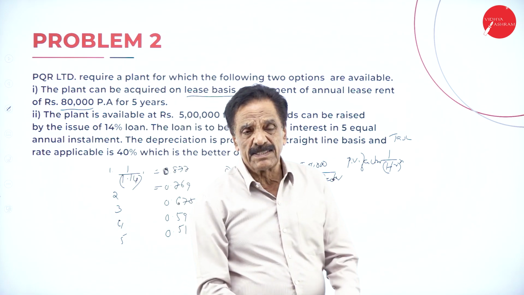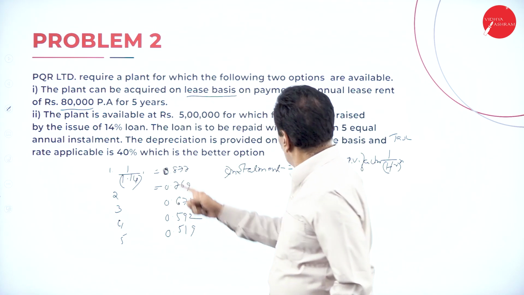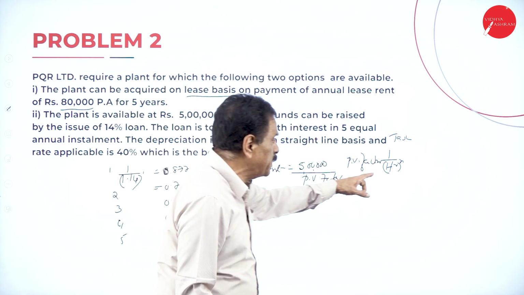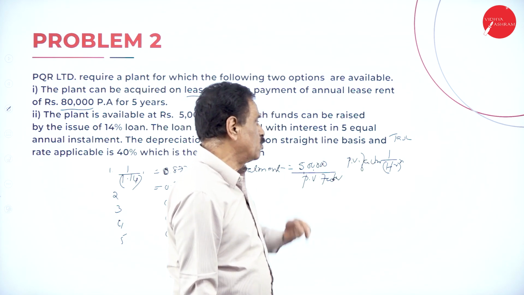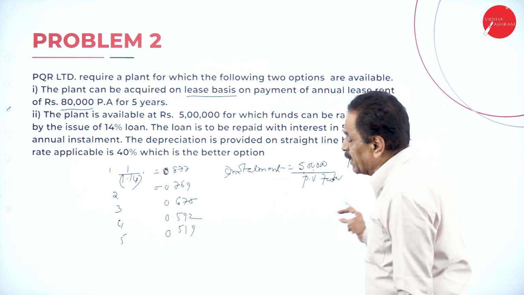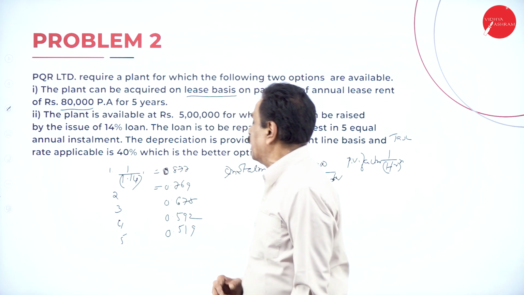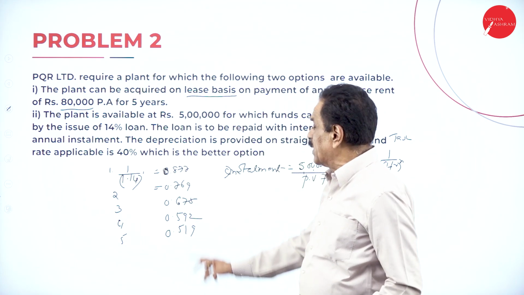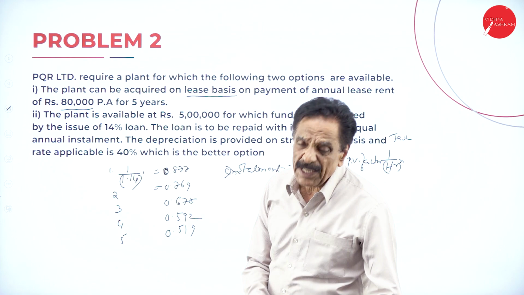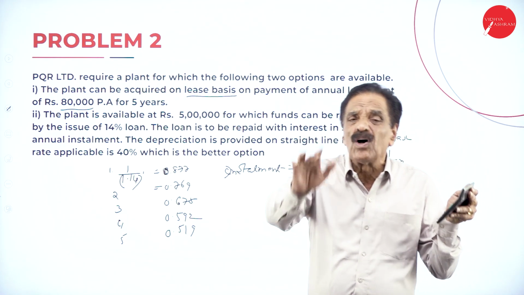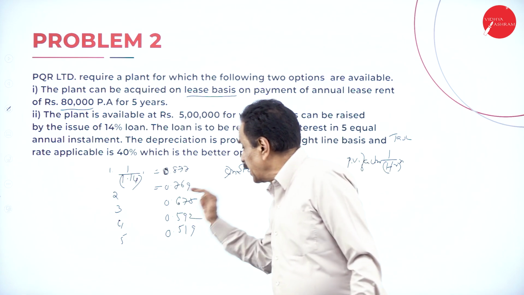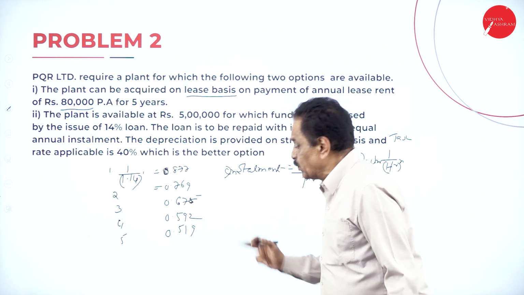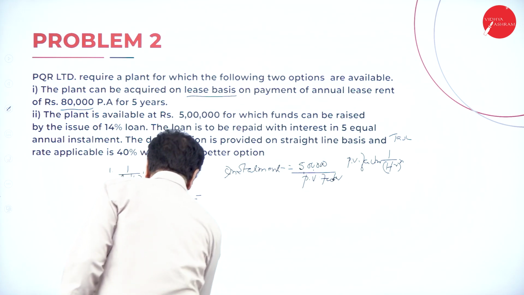So how to calculate? I will tell you. The formula is 1 divided by 1 plus r to the power of n. 14% has been taken as the discount factor. The same interest rate we have taken, so 1 divided by 1.14 to the power of n. The first year will come as 0.877. That means if you get 1 rupee, today it is valued at 87 paisa. You take the calculator and keep pressing equals. It will go on like this. Second year 0.769. Third year 0.675. Fourth year 0.592. Fifth year 0.519. Add the figures.